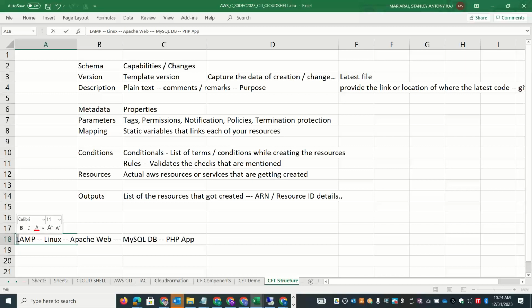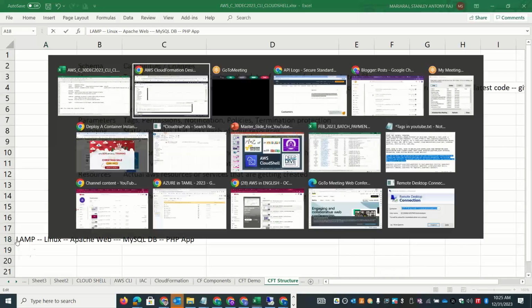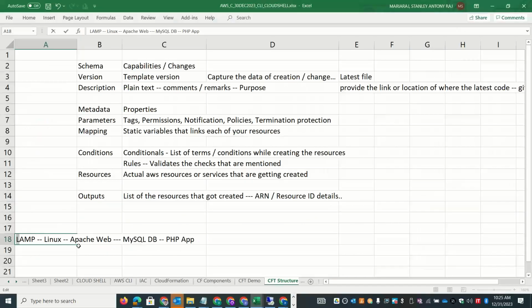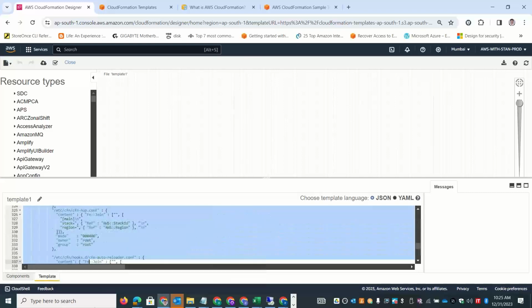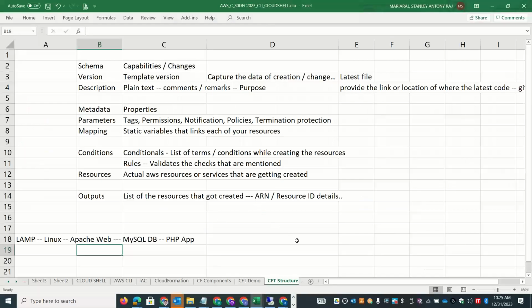It can be a multi-AZ deployment or a single AZ deployment. So they are giving you different examples of samples. It is going to create a three-tier application on a particular server. If I go and copy the code, there are two options here: there is a JSON format and there is a YAML format. So if I copy this JSON, suppose in your organization you have created the code in a JSON format,